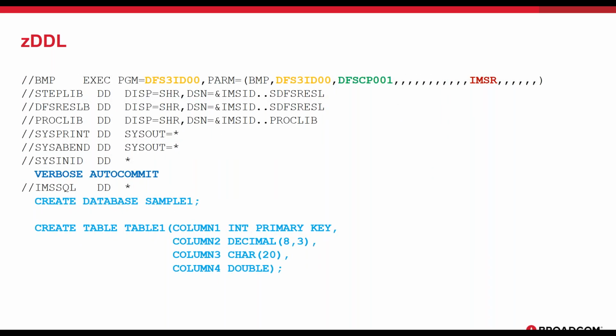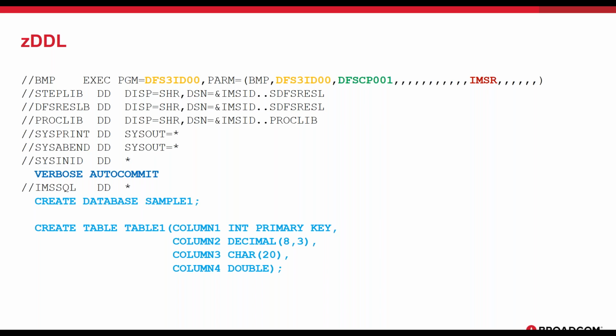Here is the JCL, pretty simple, where you can run the ZDDL. Again, here you can see it running as a batch, a BMP job. The utility executed is DFS3ID00. The updating standard PSB for the IMS catalog is used for that. And then again, just specifying the IMS system where to run it. Here in the SYSIN,